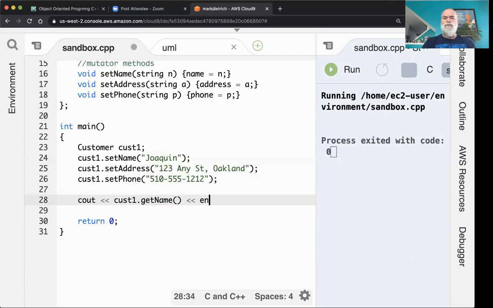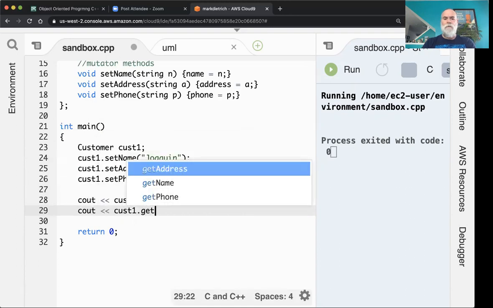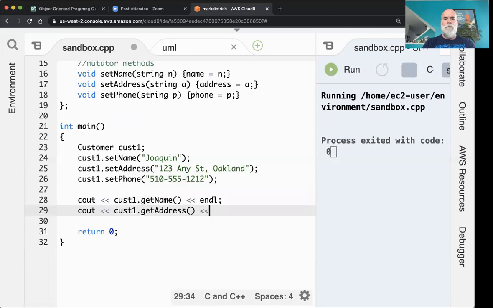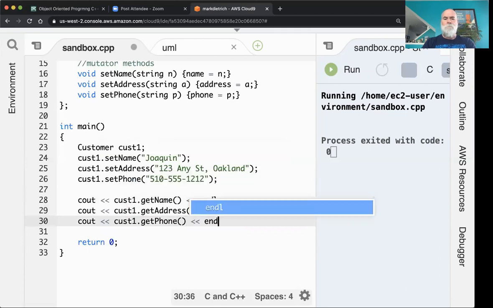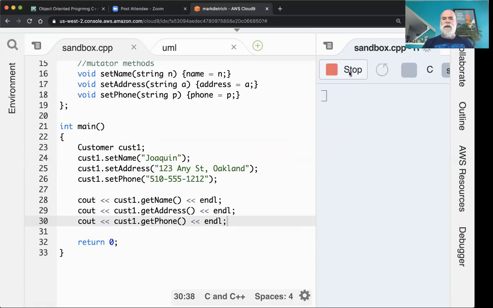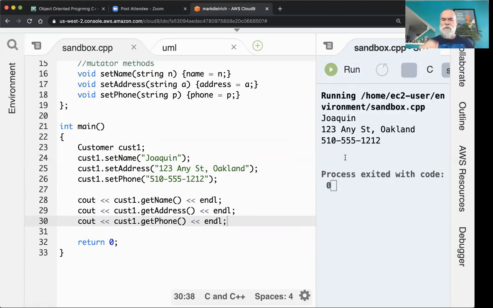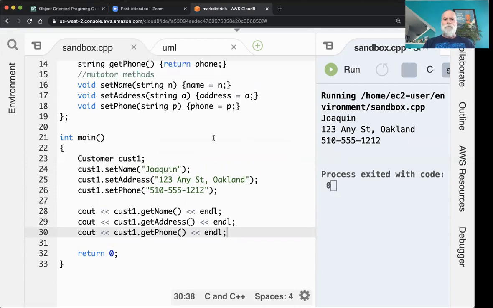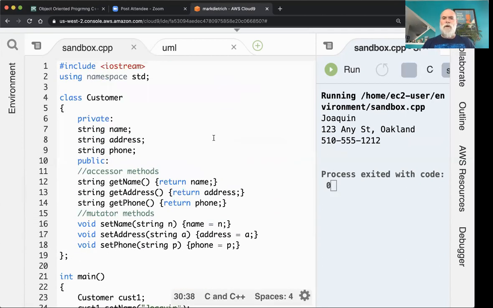And of course, we'll use all of our accessors here. There we go. We will do quick function calls to the three accessors. And there they are. There's the three data elements output to the console. And that is it for converting